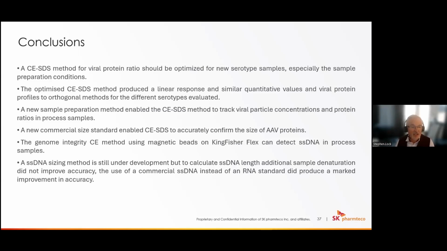So we've actually seen that a CE-SDS method for viral protein ratios should be optimized for new sample serotypes. And this is especially important for looking at sample preparation conditions. One thing you have to bear in mind is that different serotypes are denatured differently, so you have to really look at the denaturing step to get the best out of the method. This is why we always recommend you should check and optimize your methods when you're looking at new serotypes